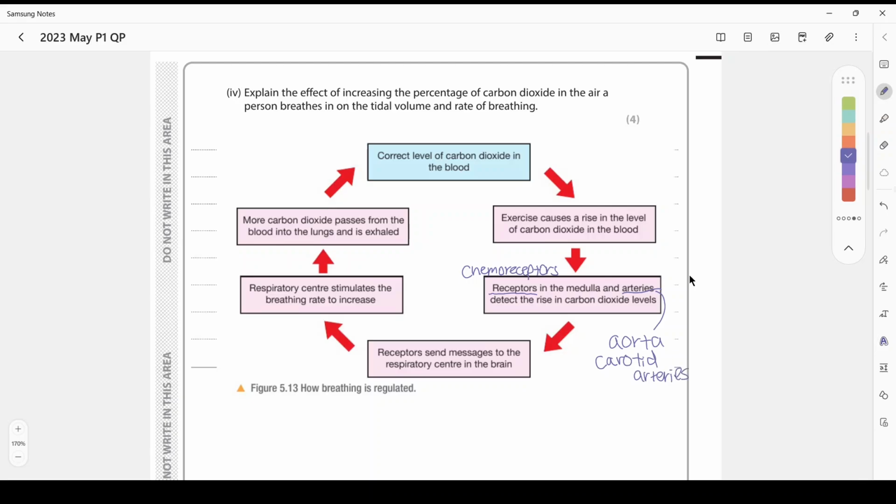arteries. So when these chemoreceptors detect high levels of carbon dioxide, it sends a message to the respiratory center in the brain. And your respiratory center sends a message to your diaphragm and your intercostal muscles in order to increase the breathing rate. So you're able to remove the carbon dioxide via your lungs. Okay, so this question asks us to explain it, so we can say